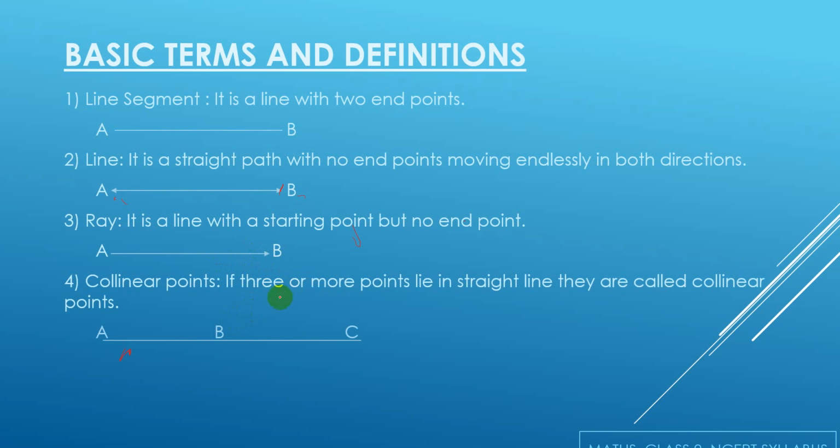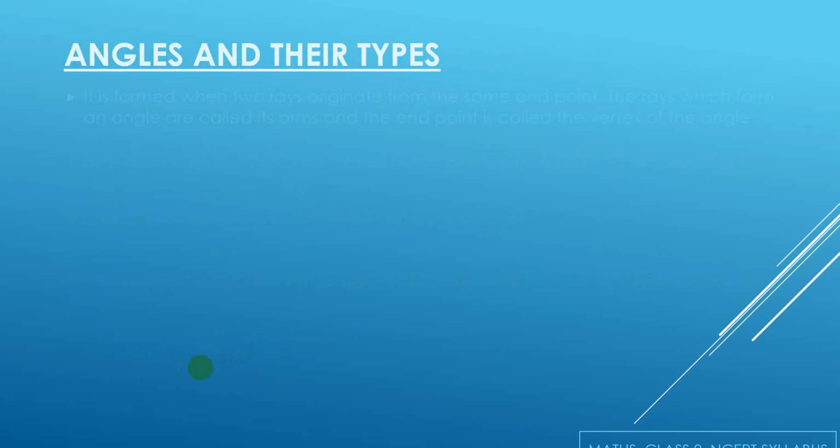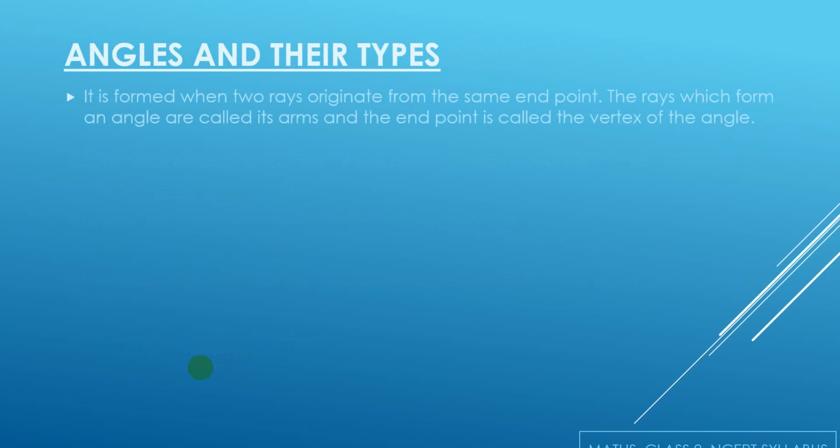Collinear points. Now what are collinear points? Collinear points are those points which lie in a straight line. So I can say if I have 3 or 4 points or more, and if I join them, they all lie in the same straight line, then these points would be known as collinear points. As in the example, I can see A, B and C. If I join these 3 points, they all lie in the straight line ABC. That means these 3 points are collinear. But in case I have any other point which does not lie on this line, it is a non-collinear point.